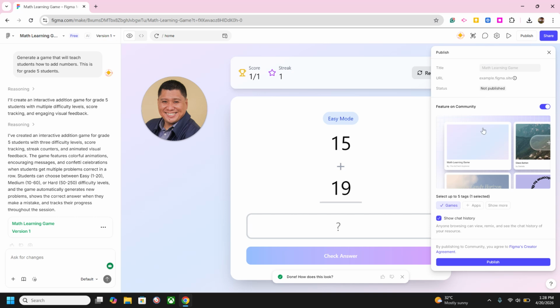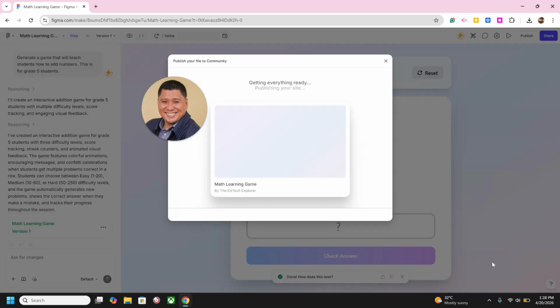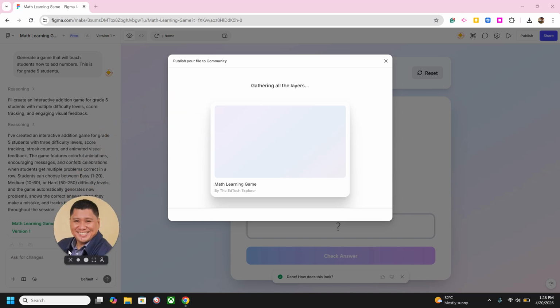After clicking publish, read the instructions and follow them so that it will be able to publish the application that you asked it to create. Depending on how complicated the application is, the longer it will take to publish. So let's just wait until it's done.